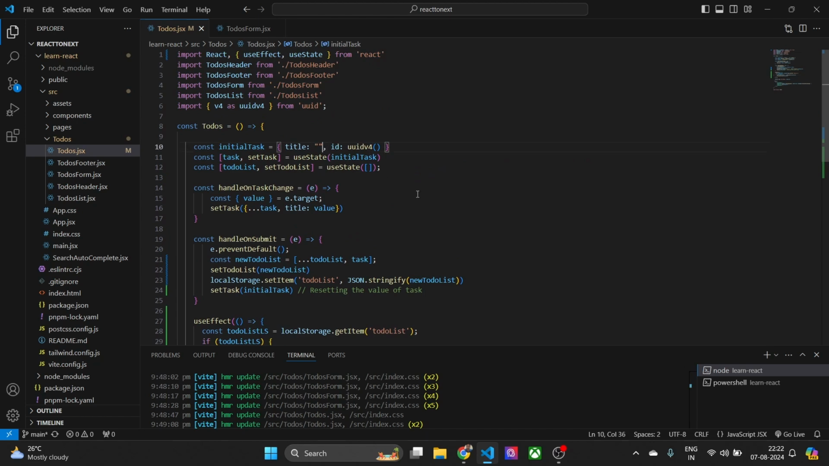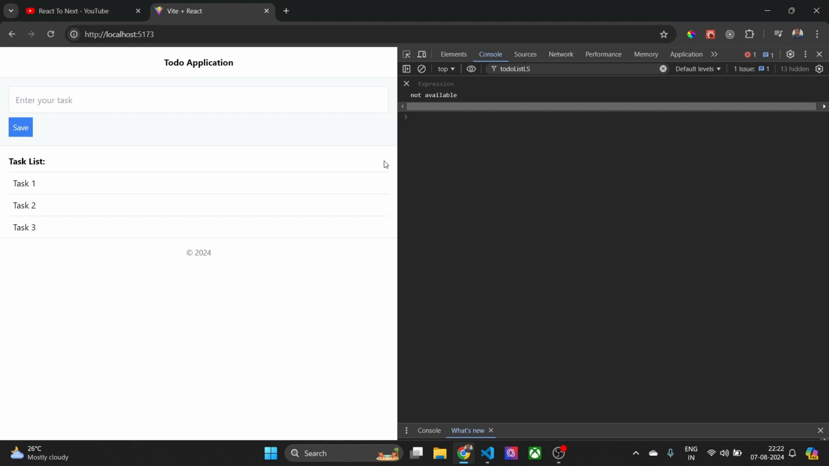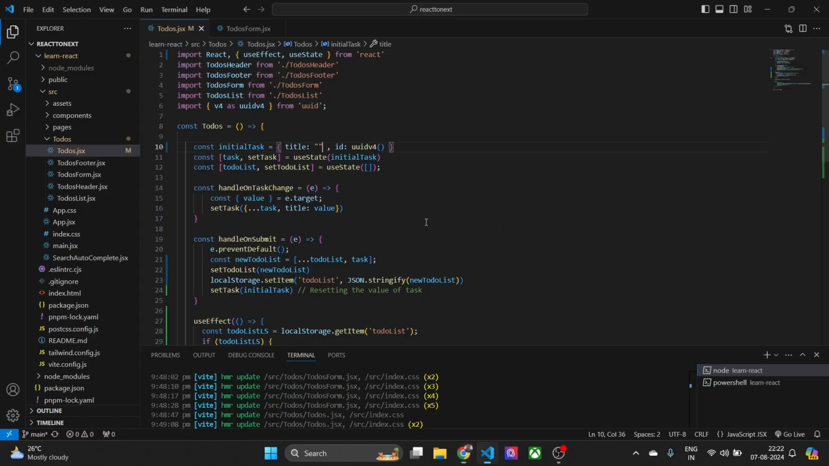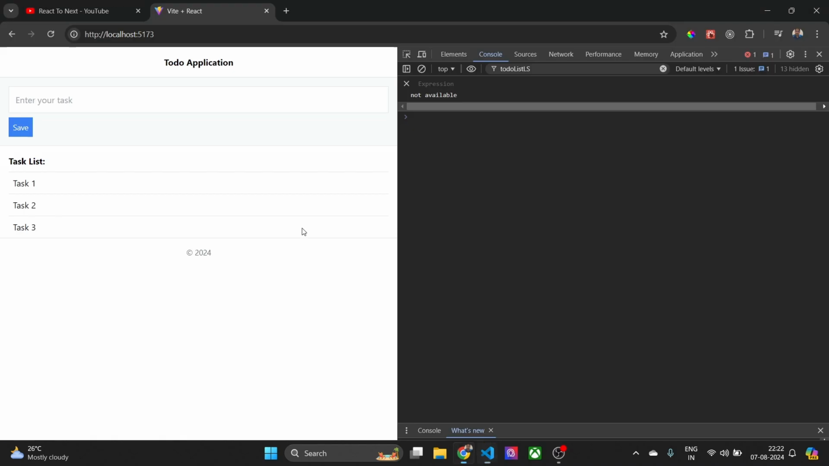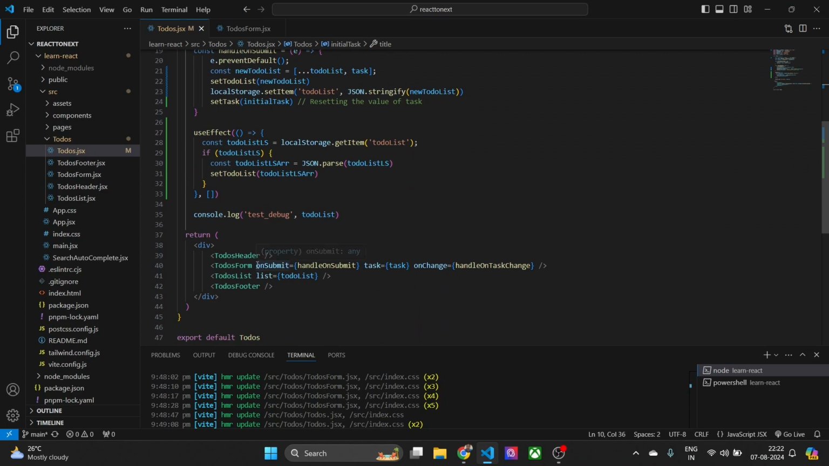Also we can add a few more things here, like a description and some other fields. Now what other things can we do? We can add a delete button here to remove it from the local storage, and we can also add an edit button to edit the task. So let's do this inside the listing,